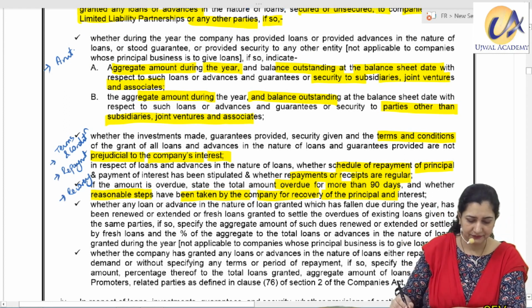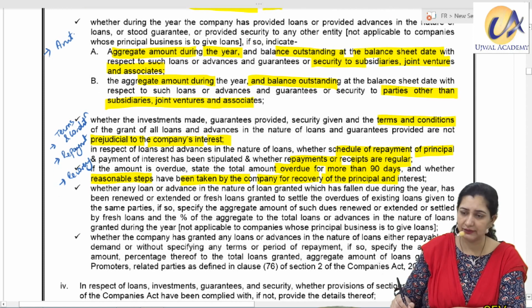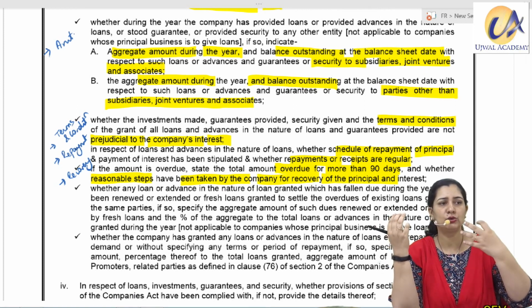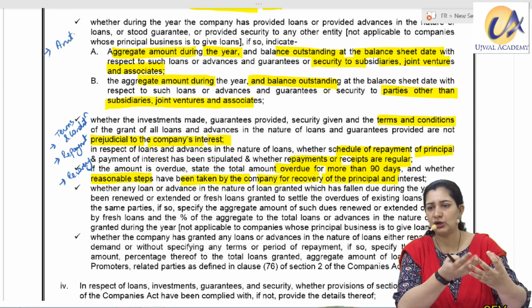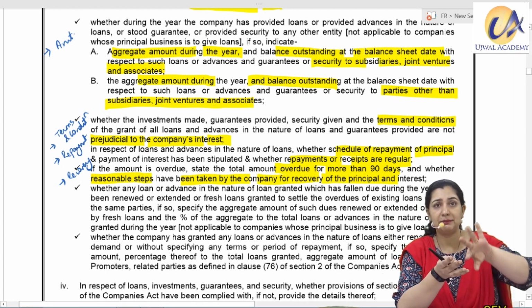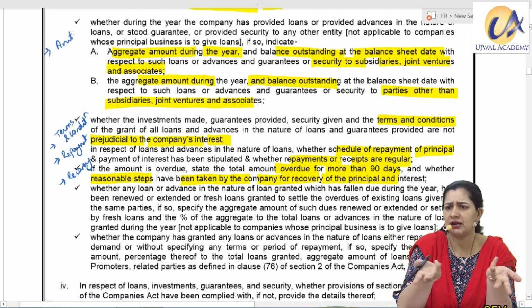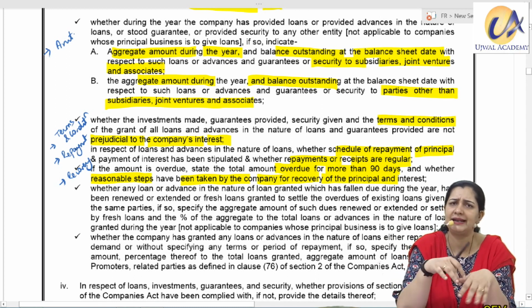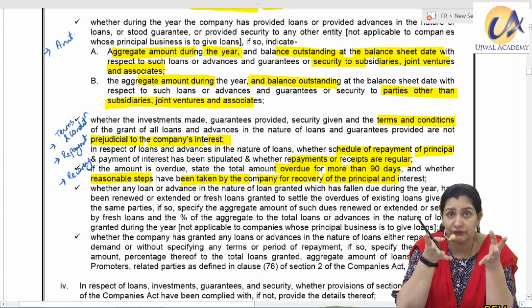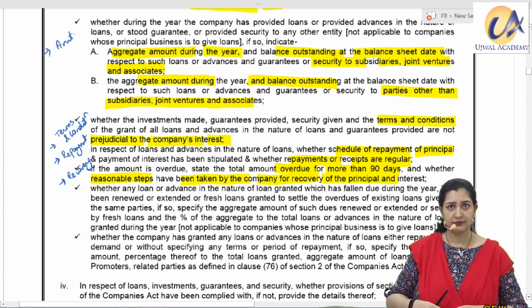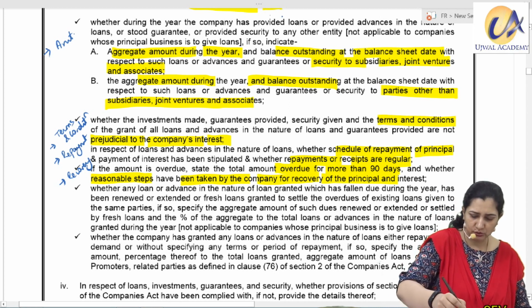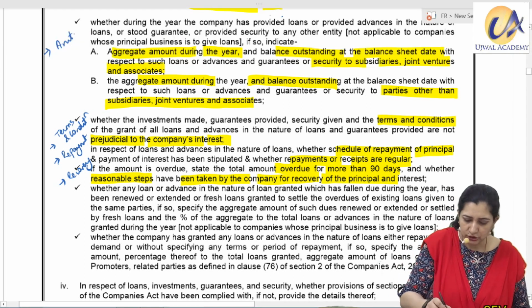Then, what if they have not recovered the money, but the company is playing smart? Suppose the company has given a loan to a partnership firm and they are not able to repay it. So the company gives a new loan to that partnership firm, which pays off the old loan. Then they say it was overdue for less than 90 days and that loan is over now. They have repaid, but with a new loan which the company itself gave. That situation will come under the fifth point. If there was any loan which had fallen due,